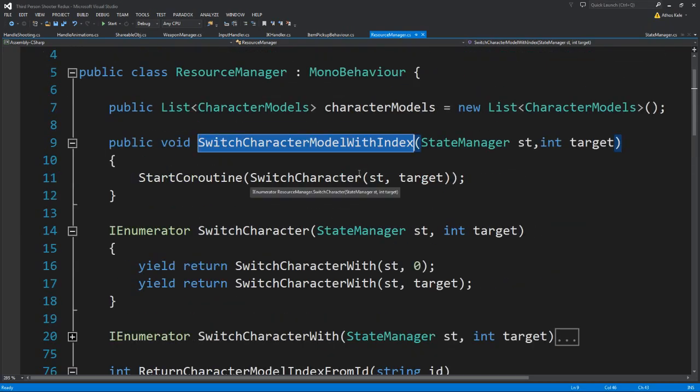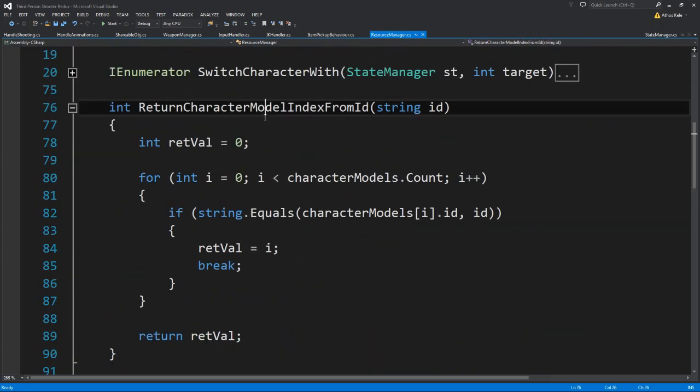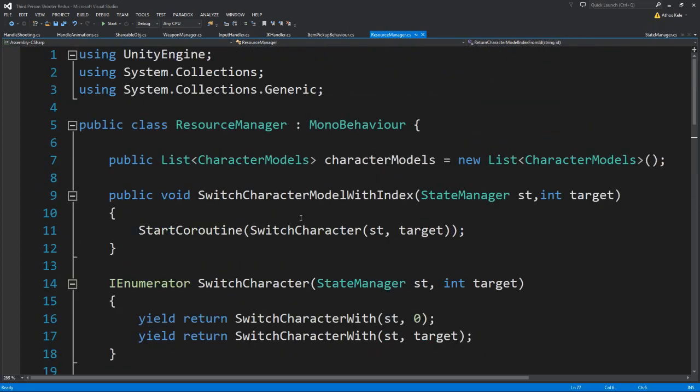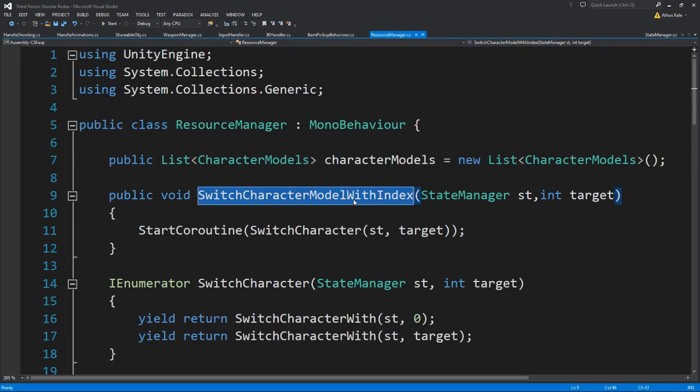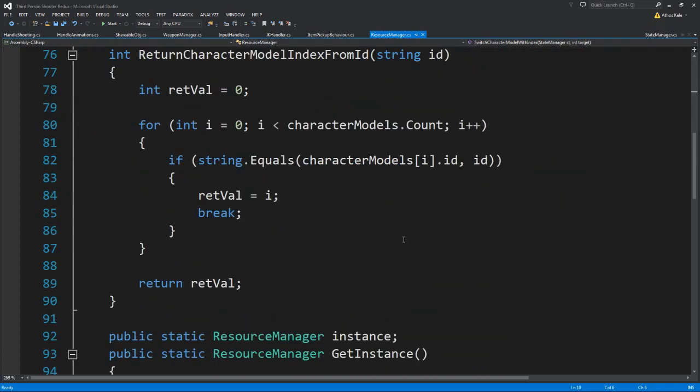If you want to use this to change characters with the ID, you pass the ID over here to use the index, and you will call this function. Okay, and that's basically how you want to call characters to change instead of the index, because it's impossible to know all the characters you're instantiating with the index. Okay,